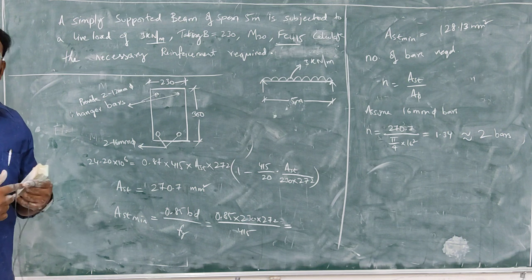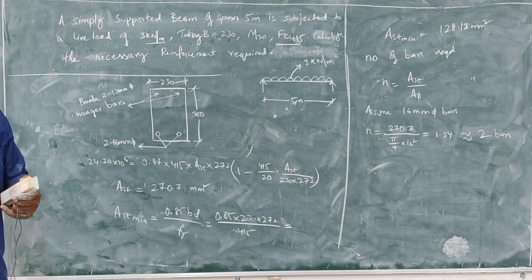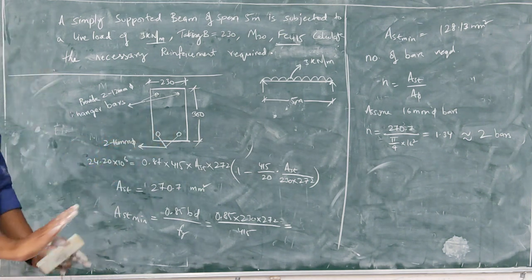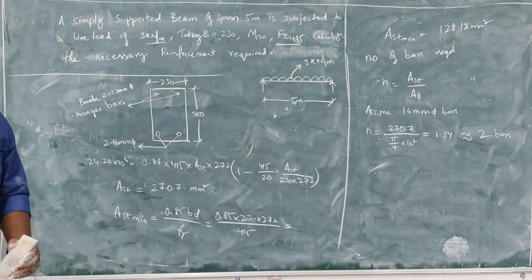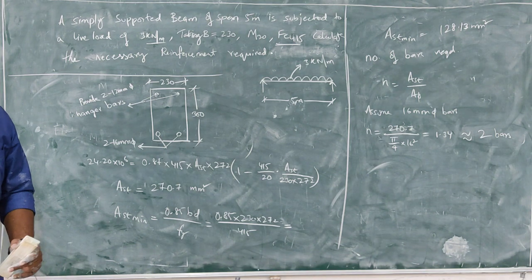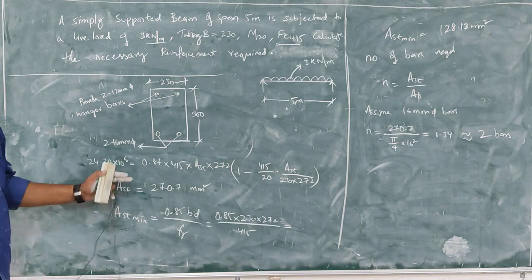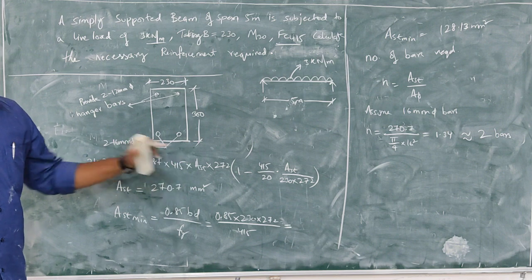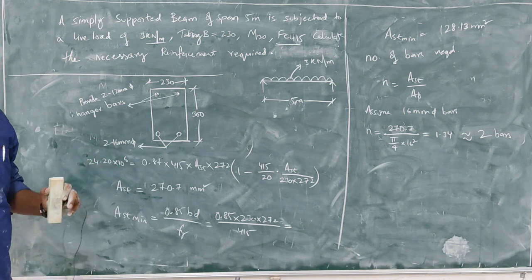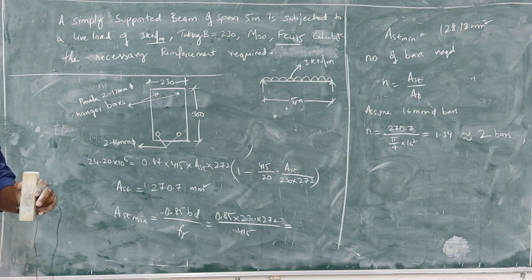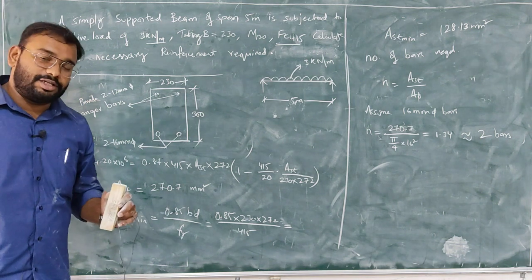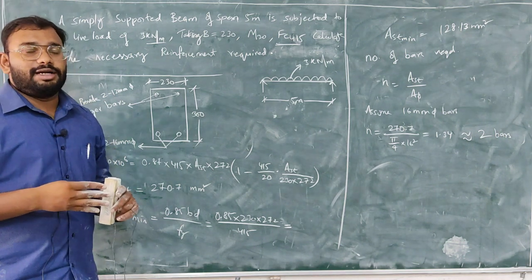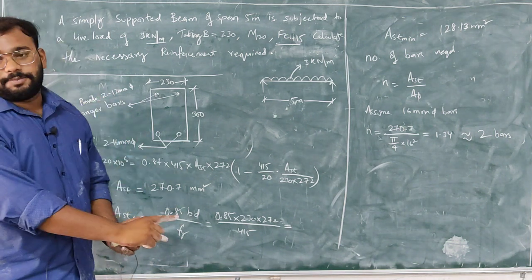And you will also have some shear acting on the beam. Okay, some shear will be there on the beam. So this is your 50% design. The other 50% is design for shear. This is there in your next unit. Okay, design for shear will be there in your second or third unit. So that will complete the beam design. Beam design involves calculation, design in flexure, design in shear, check for torsion and check for deflection. These are the 4 steps involved in designing a beam. This is only the first step. Okay.